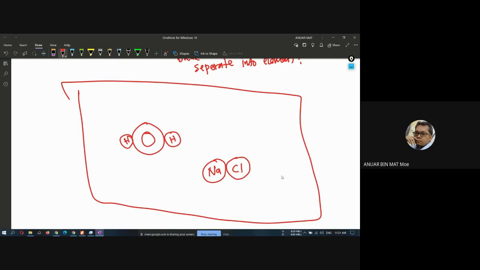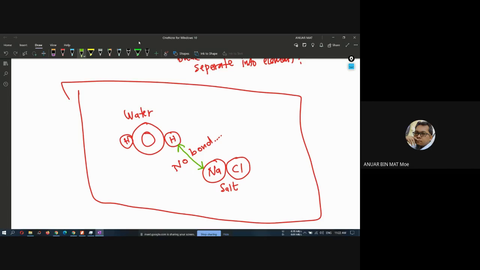This is H2O, water, a compound. And then this is salt. Mixture or compound? Mixture. Yes, mixture. Very good. So what is called bond? Bond here. There is no bond over here, meaning that there is no connection. For example, between the hydrogen here and the sodium here, there is no bond. So it is called mixture.